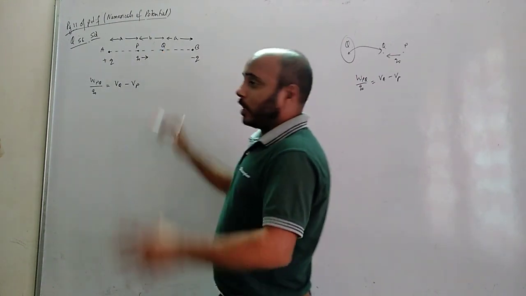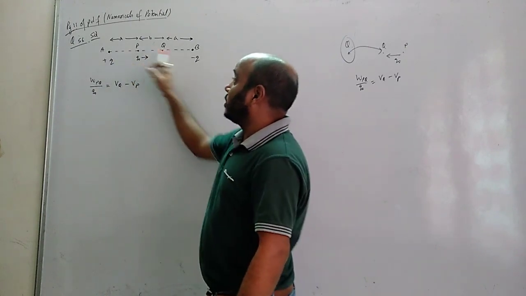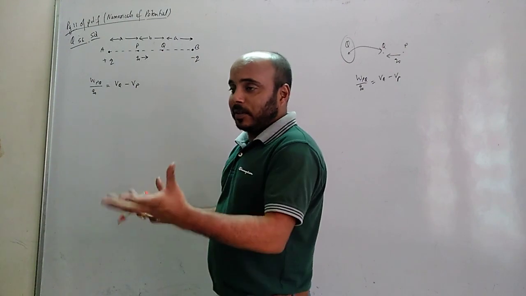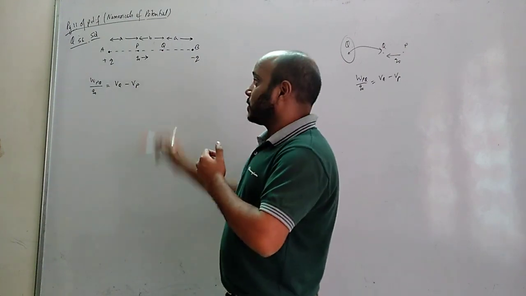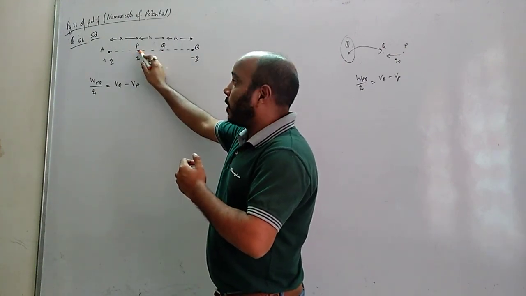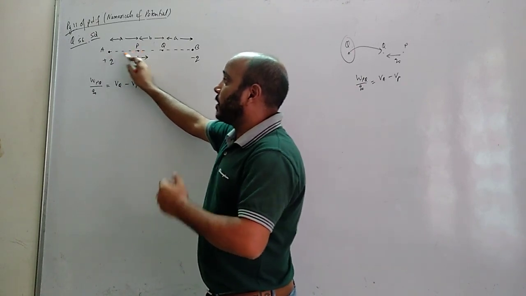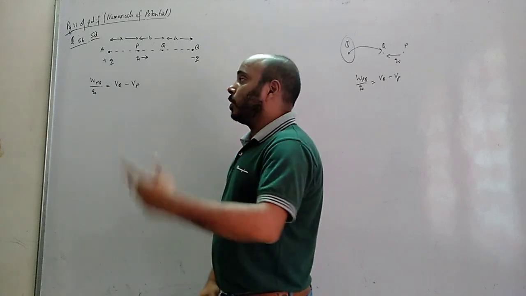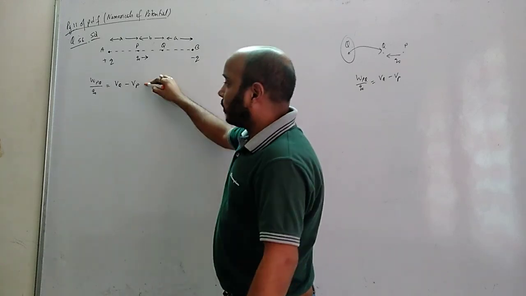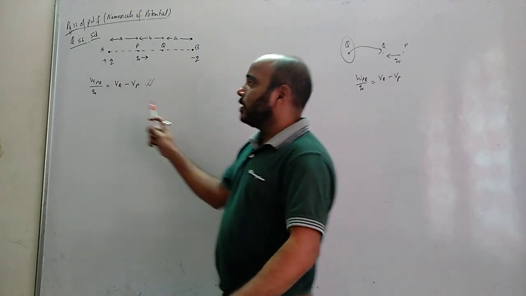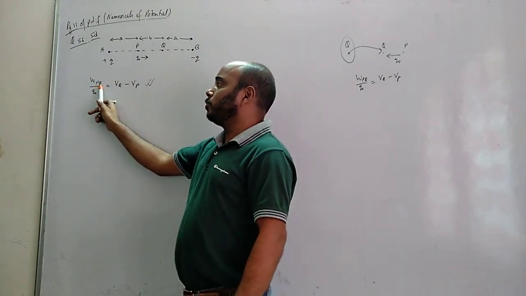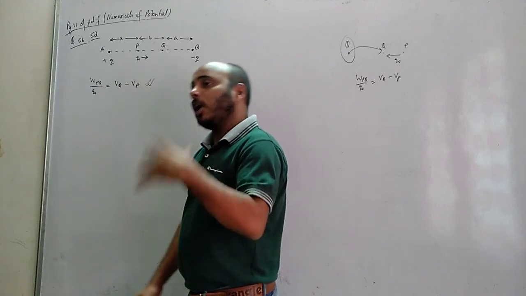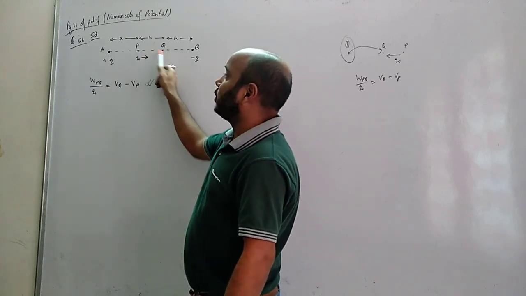Here two potentials are working because there are two charges, so add both potentials. As potential is a scalar quantity, we can add them. Similarly at this point P, two potentials are working, one due to plus Q and one due to minus Q. Add both of them. That is the net potential at P. So from the generalized formula we understand that the work done to move a charge Q naught from P to Q is nothing but potential at Q minus potential at P. Now we need to find the net potential at P and Q.